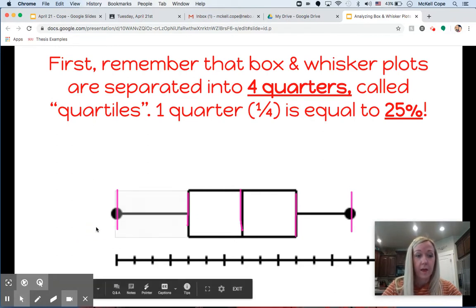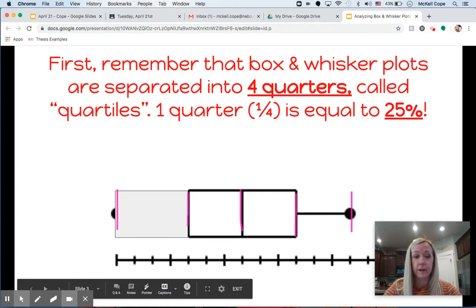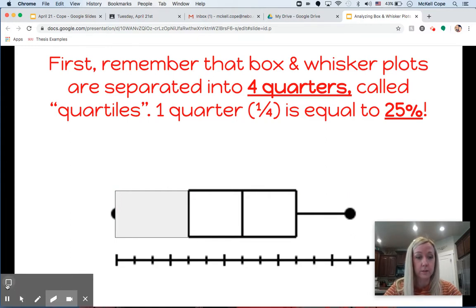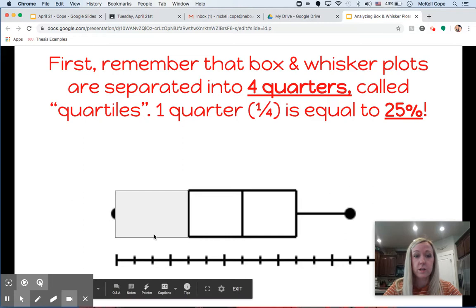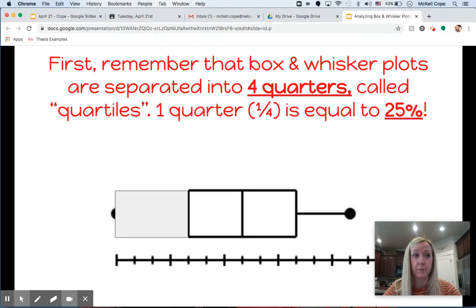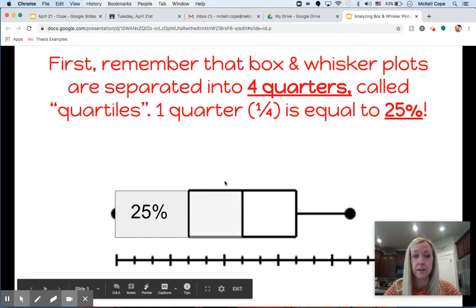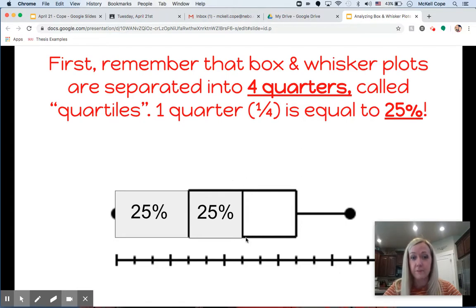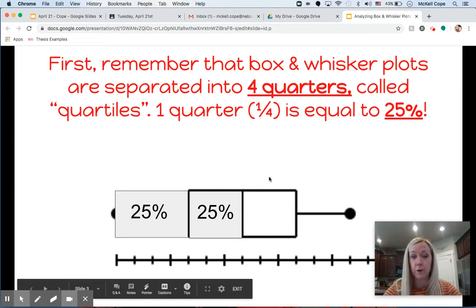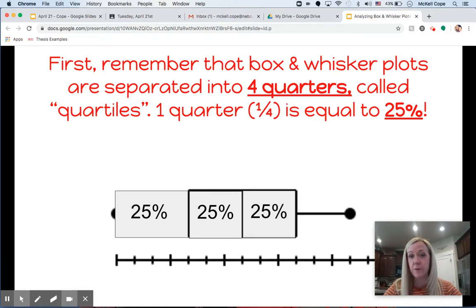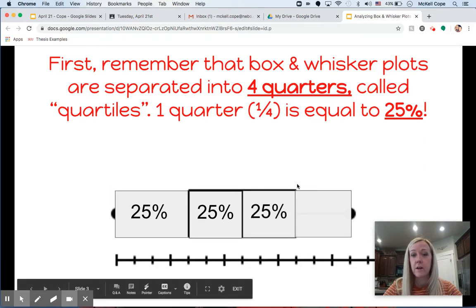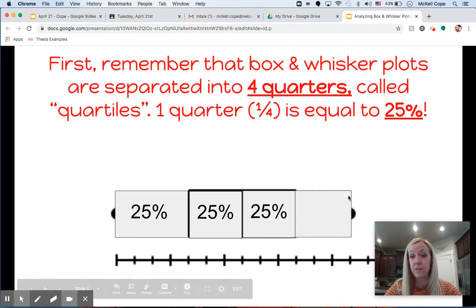So this box right here, this first quarter, and I'm going to erase the lines here. Okay, so from our minimum or our lower extreme up to the first part of our box or the Q1, this represents 25% or 1/4 of our data. From this line to the median is our next quarter, which is 25%. And then from the median to Q3, our upper quartile, that is also 25%. And from here to here, from the end of our box to our upper extreme, the very highest number,